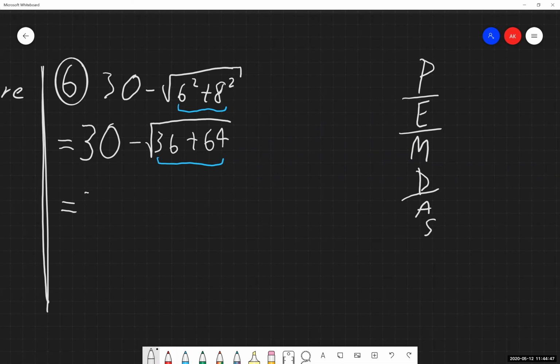We're not out of the woods yet with our parentheses and our process that we have. So 36 plus 64 is going to give us 100. And now I cannot simplify the radicand any further. So my parentheses step, done. Now I apply the exponents. Remember, our radicals fall under the exponent portion of our PEMDAS, our order of operations. So the square root of 100 is going to give us 10. I'm keeping the sign out front.